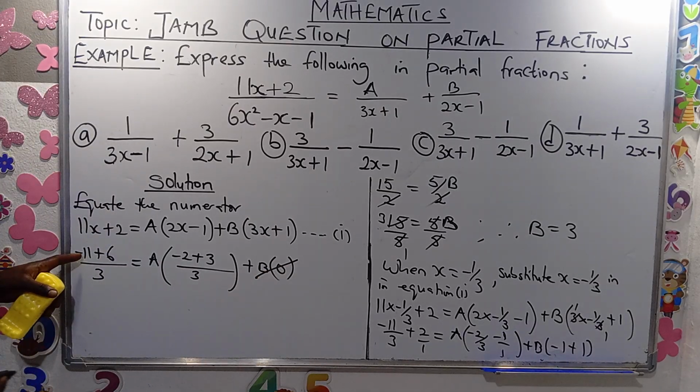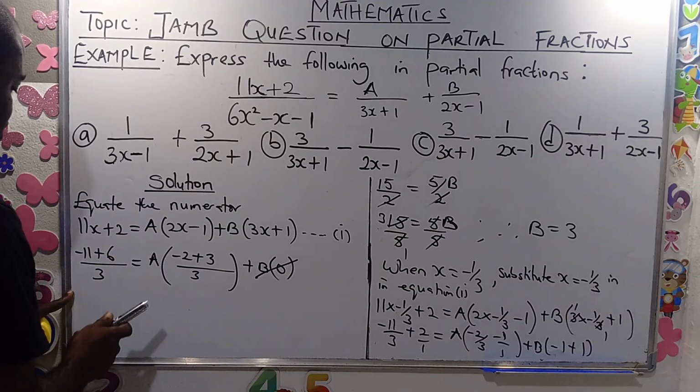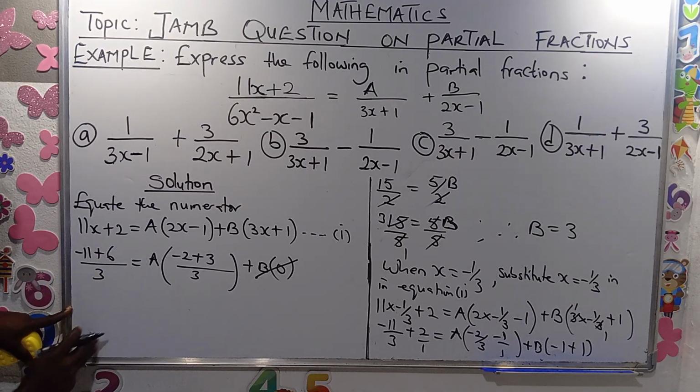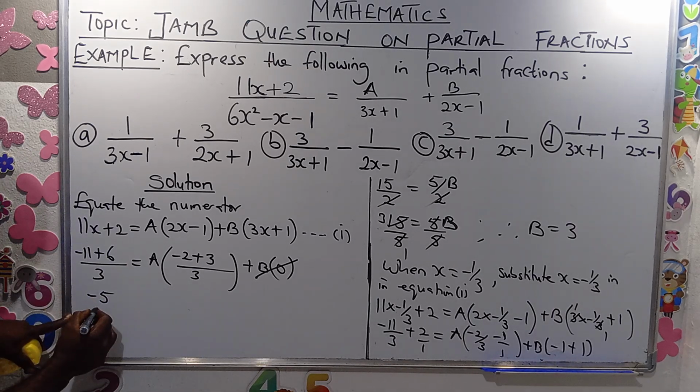I'm left with minus 11 plus 6. That is 5. That's minus 5. Minus 5 over 3